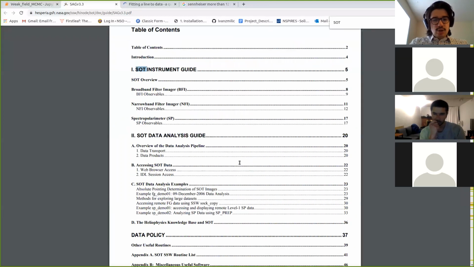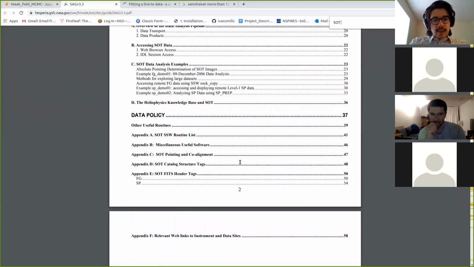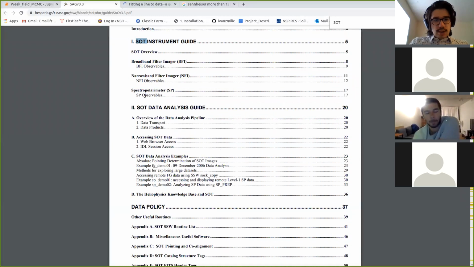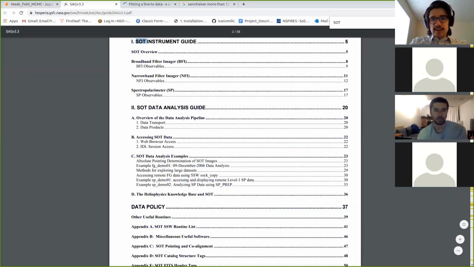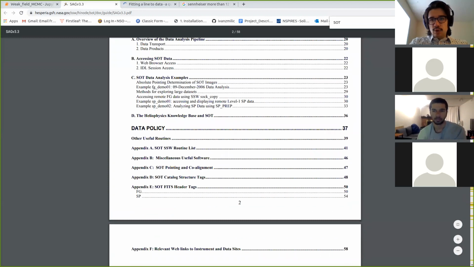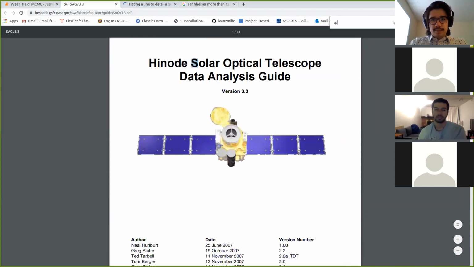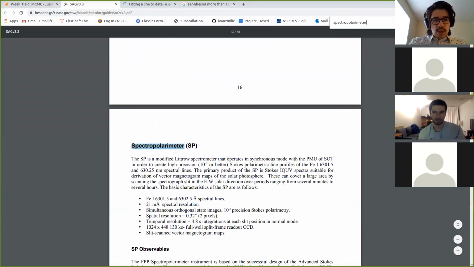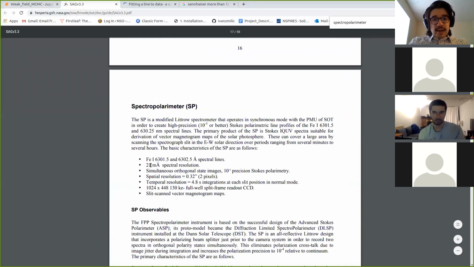So there is the SOT instrument guide, and then you want to go to spectropolarimeter, which is at page 17. If you go to spectropolarimeter, there it is, and it says that